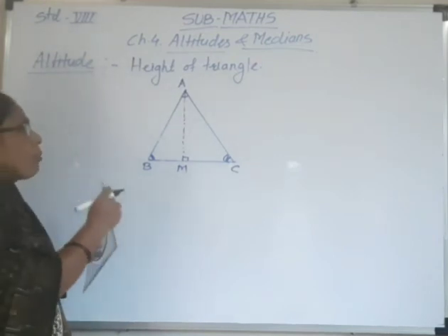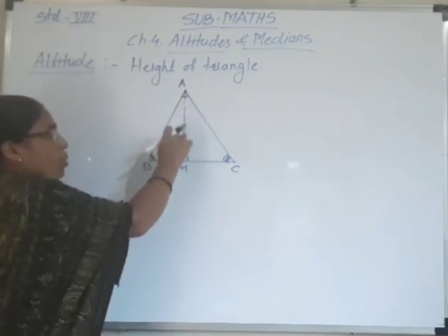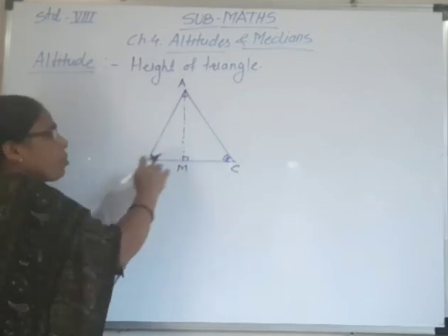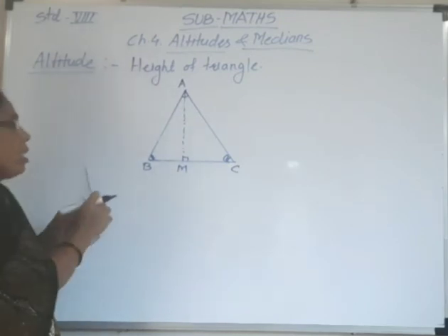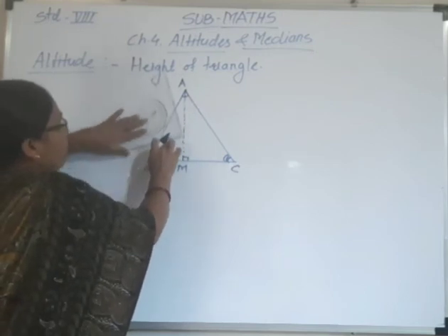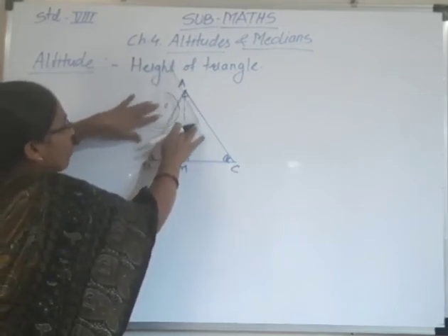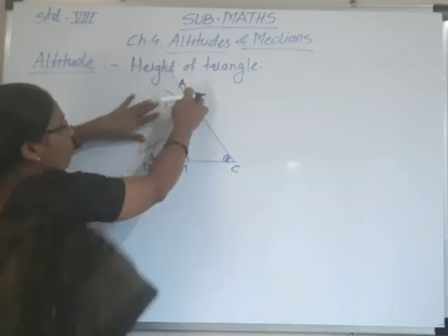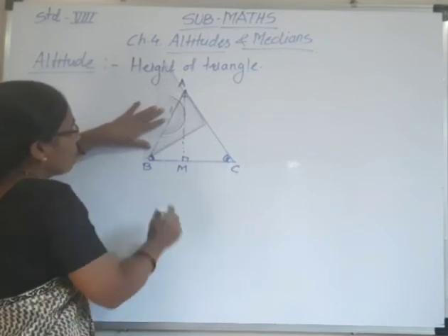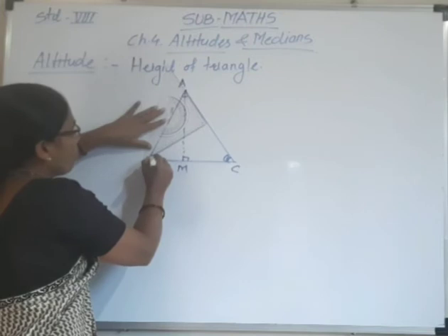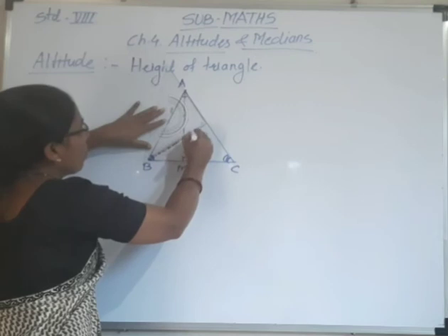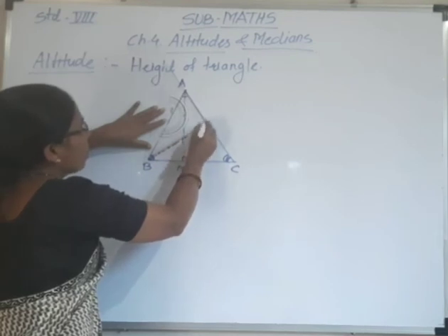Like this we can draw three altitudes. One from this vertex, because any triangle has three vertices. So 1, 2 and 3. From these three vertices we can draw three altitudes in this triangle. Now to draw from point B, we have to keep this set square again in this way. It should coincide, and we have to move this set square towards point B, and from that we have to draw the perpendicular line. This line is perpendicular and intersecting the opposite side.